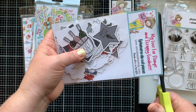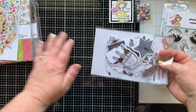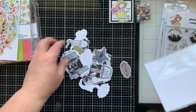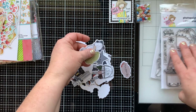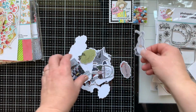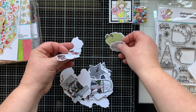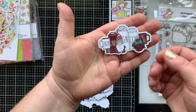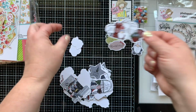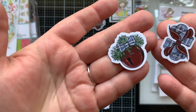I like to just cut the top off. And then I've got this nice little pouch to keep them in. I feel we're going to need some space to check these out. Oh yeah, so we've got gnomes here. So this is going to, I feel, kind of coordinate with this set right here with the mugs, maybe. And these also could be, you know, standalone type of things. Oh my word. Santa, candy, sugar cookies, Mrs. Claus, that's darling. A bow, a jingle bell,